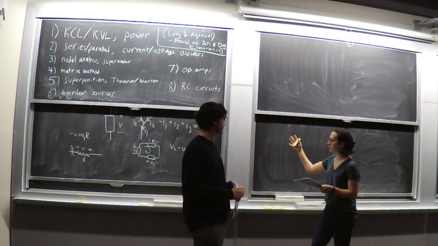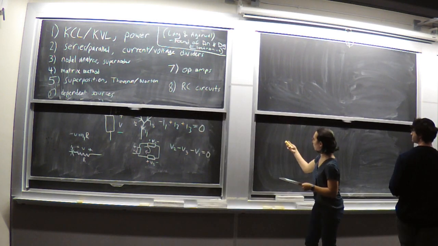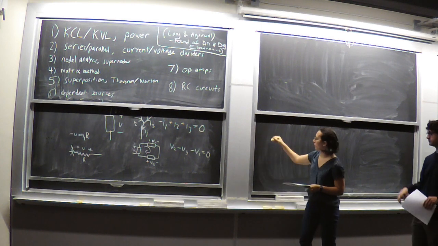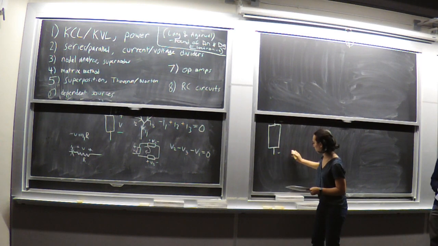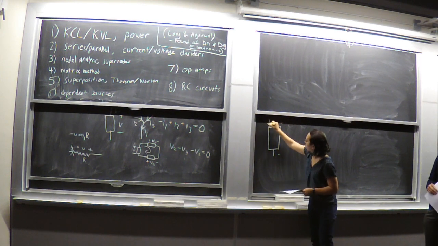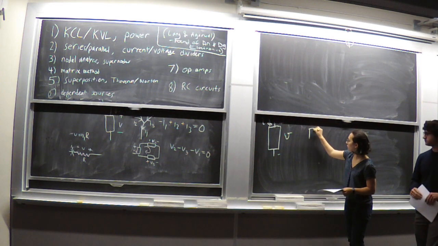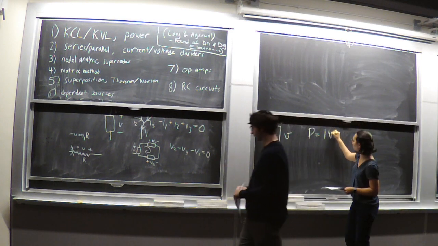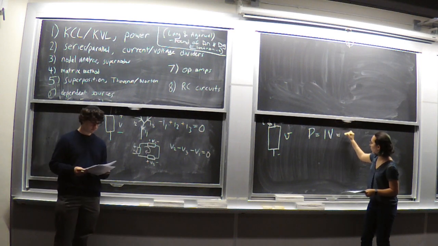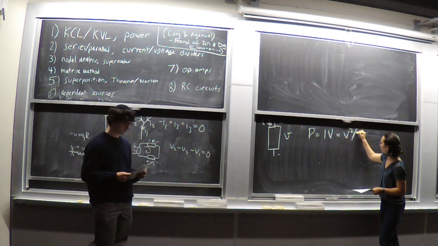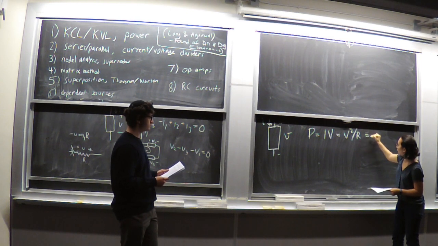So the second part of this is power, and we'll just review that really briefly. When we're talking about power with this kind of device, again, plus, minus, and I is going into the device, and we have V across. So we've written power is equal to I times V. We can also use this relationship and find that it's equal to V squared over R if we're looking at a resistor, or it's equal to